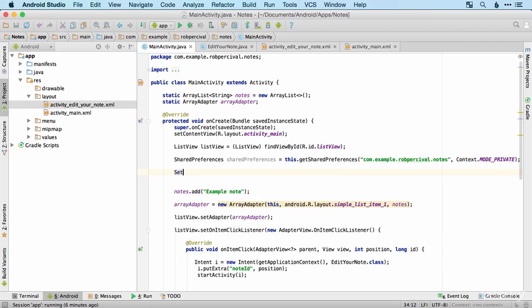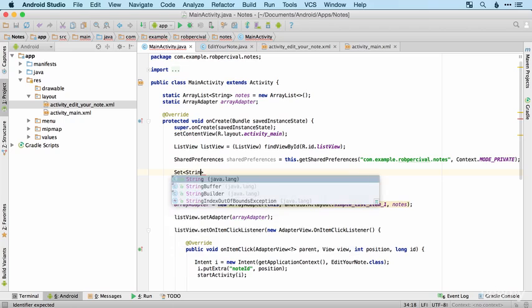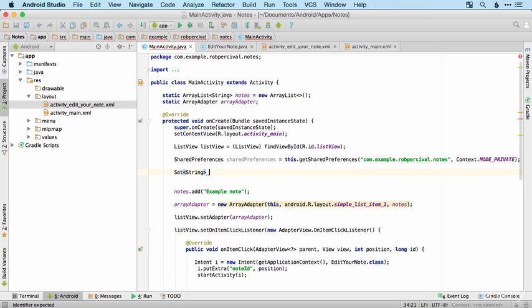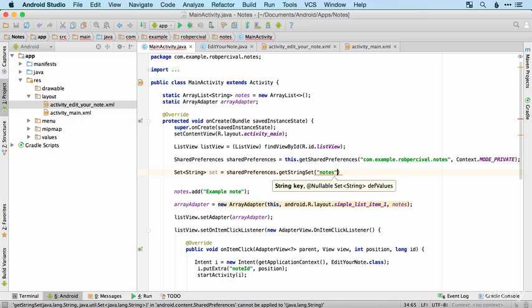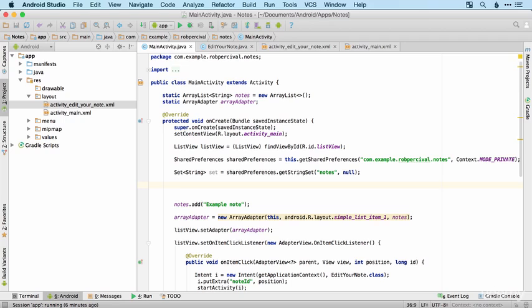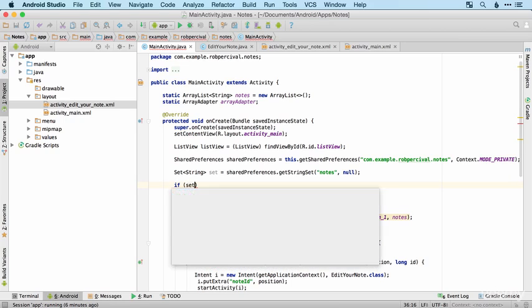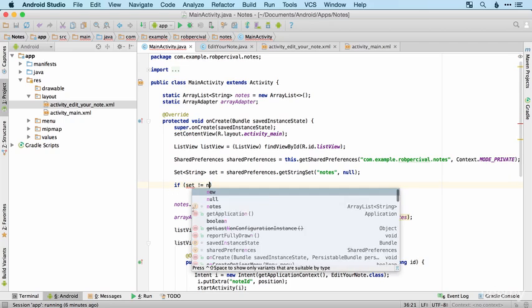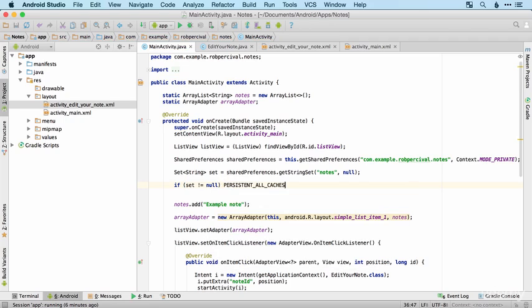So we create a set in just the same way that we create an array list. So we've got a set of strings, which we'll call set. And we'll get that from shared preferences dot get string set. And then we're going to save it as notes. And the default value is just going to be null. Then we'll do a check and see if set is not null. That means if we've got some results,